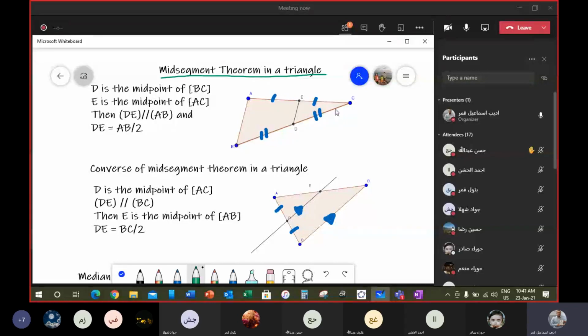So D is the midpoint of BC, E is the midpoint of AC. So the segment DE is equal to half the measure of the segment AB, and the line DE is parallel to the line AB. We use this theorem to prove that line DE is parallel to AB and to find the measure of DE or to find the measure of AB. Okay? Converse of mid-segment theorem in a triangle. In this figure,